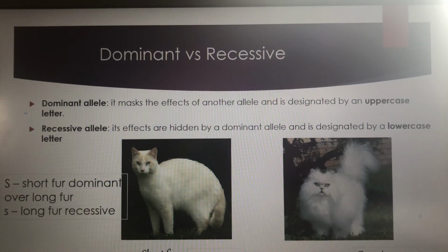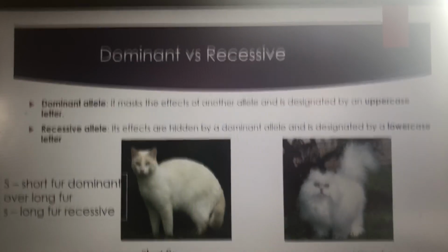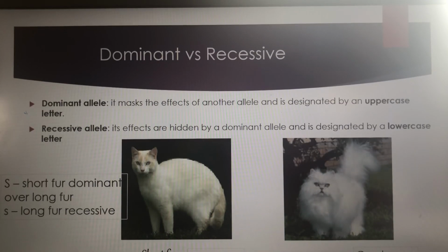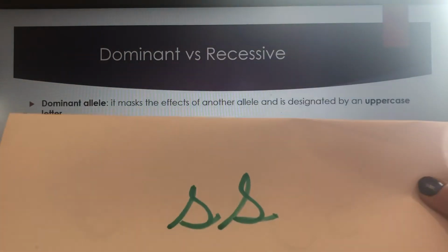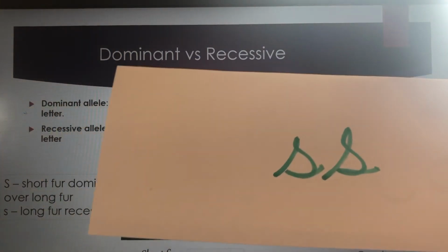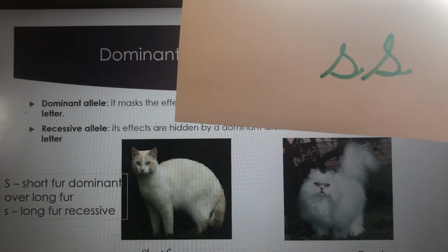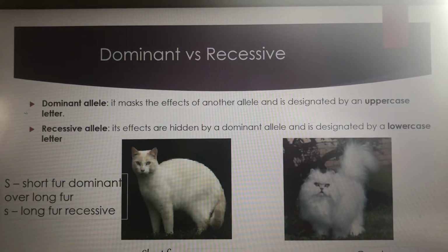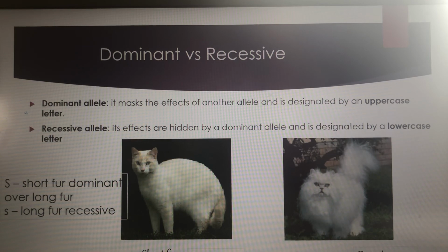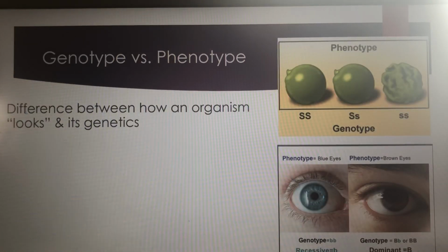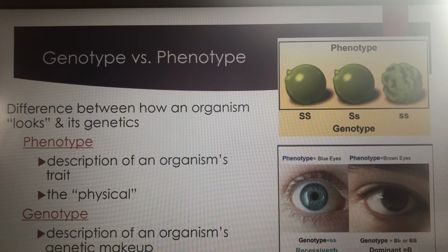Now, long hair is a different deal. That's the recessive allele. So in order to show it as the phenotype, it must have two little s's. So this beautiful, I love long-haired cats, must have two little s's for her genotype. Okay? Again, phenotype